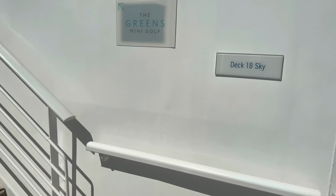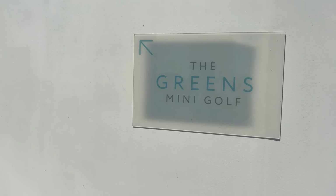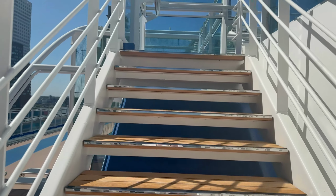Absolutely gorgeous area. Oh, you're going up again. I am, up to deck 19. I said that you could go up one further deck. And this is where there's the little mini golf. It's not one of these fun putt mini golf with castles and...